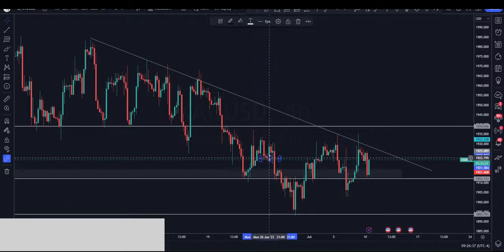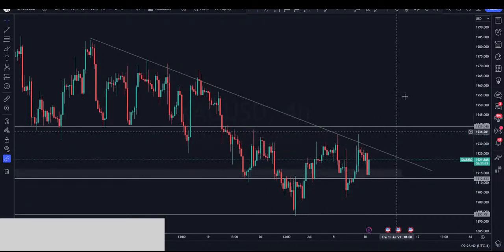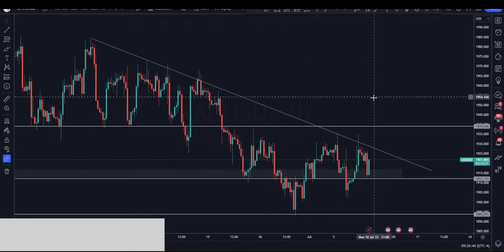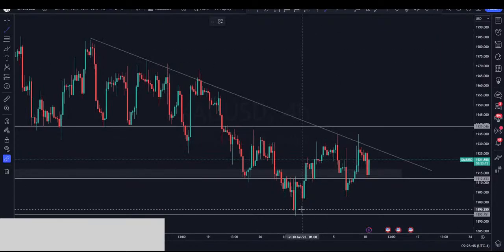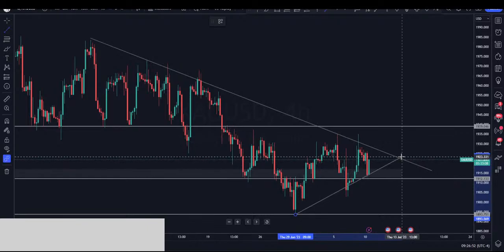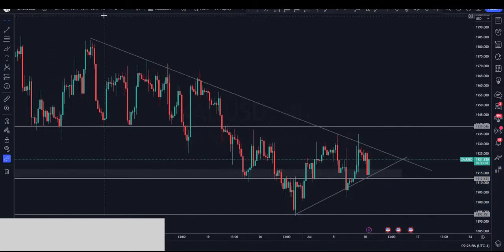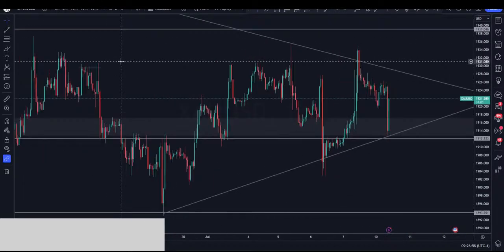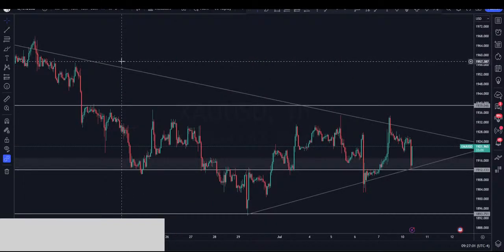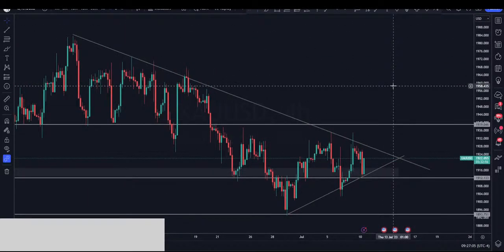I would say gold might be looking for kind of a breakout to go up. So for gold,